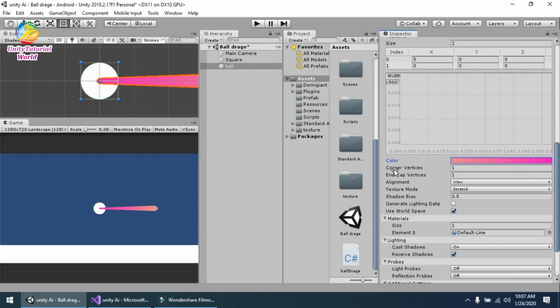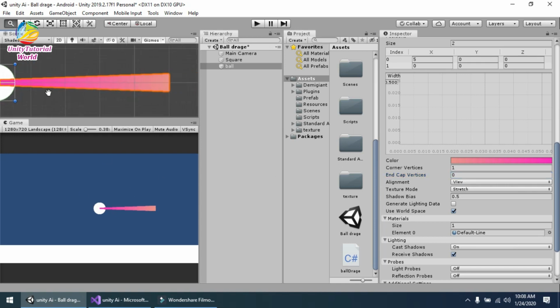And in corner vertices, by default it's 0, and it will change when we set it to 1. And this one, the end cap vertices, it means if we change it to 0, the end point is simply straight. If I want to change it to 1, it will look good.